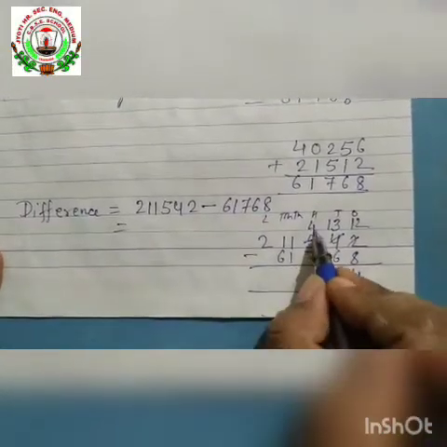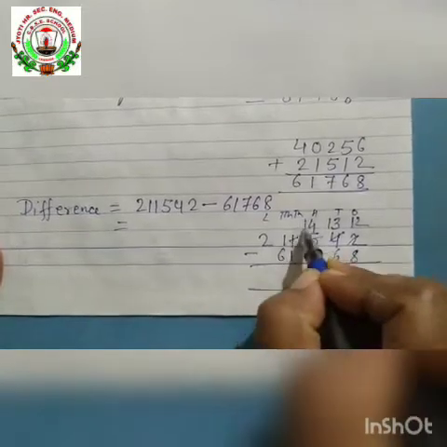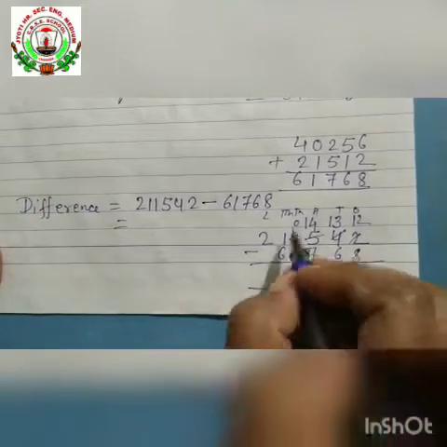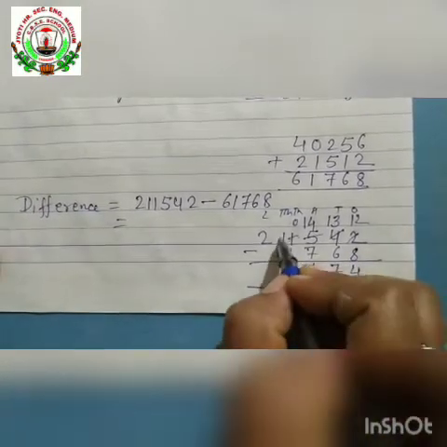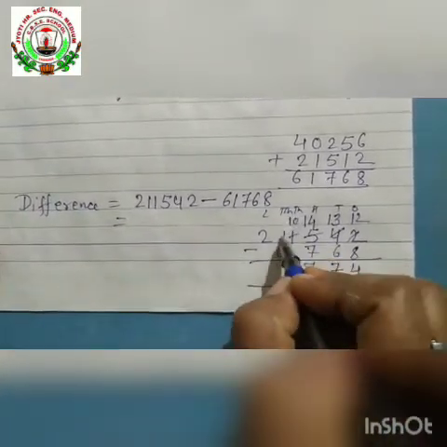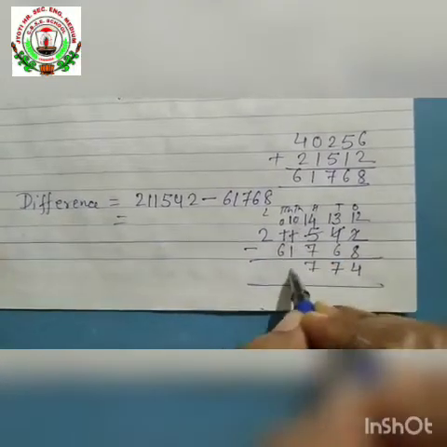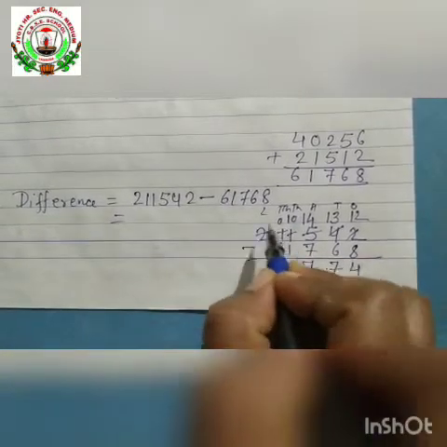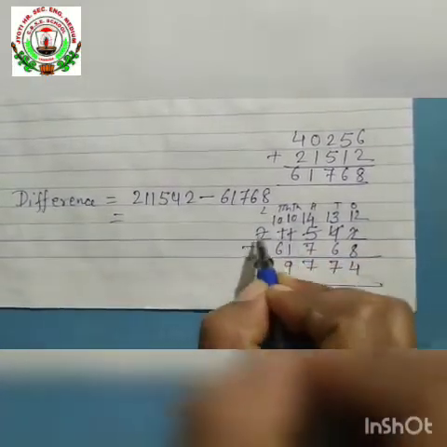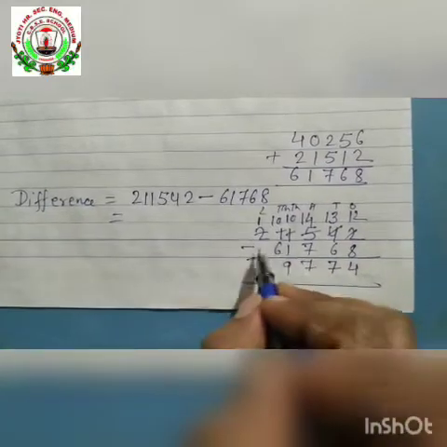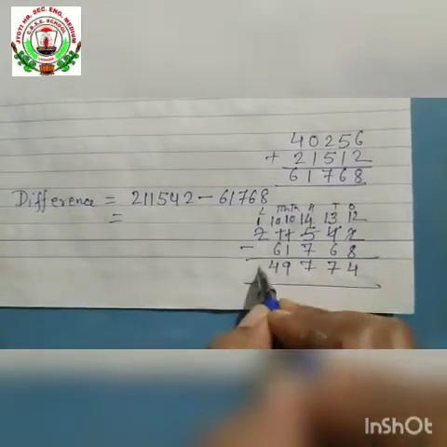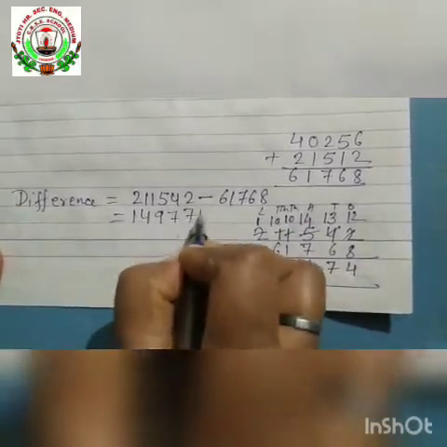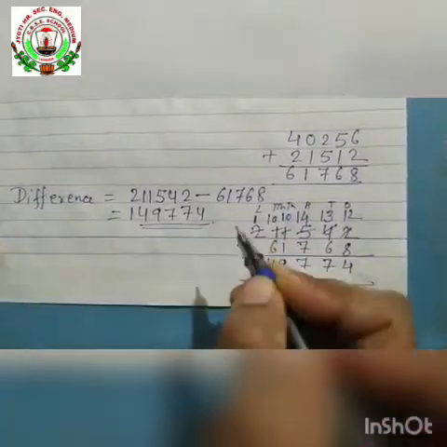Now we can't subtract 7 from 4. Again we will borrow. It becomes 0 and it becomes 14. 14 minus 7 is 7. Now 0 is less than 1, so again it will borrow from 10,000. It becomes 0. 10 minus 1 is 9. Here we can't subtract 6 from 0, so it will borrow from the lakhs column. It becomes 10 and the lakh becomes 1. 10 minus 6 is 4 and it is 1. So 1 4 9 7 7 4. It is the answer. Thank you.